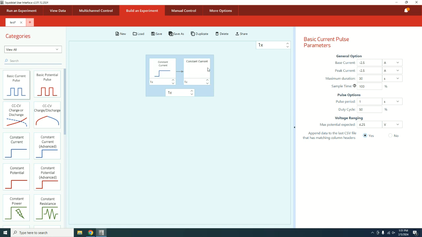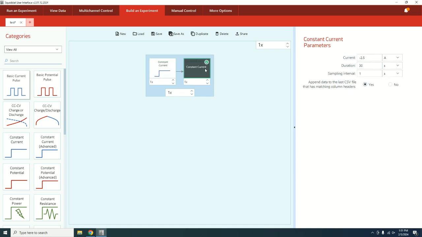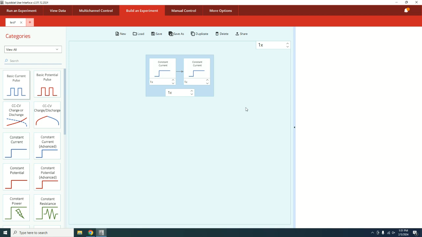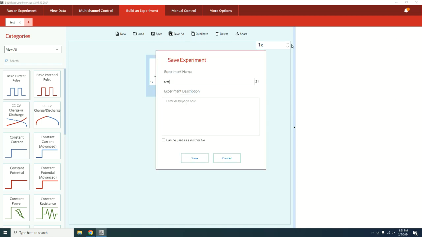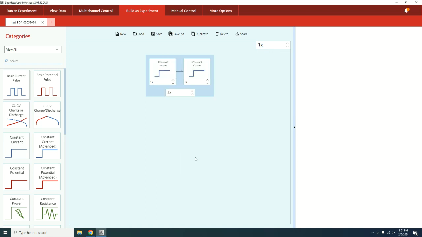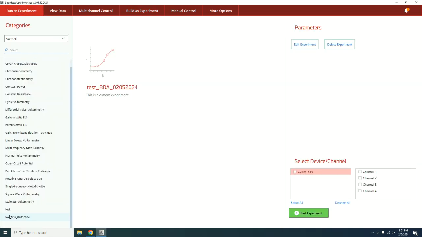And this time, let's look at this one, which has taken the parameters of the other one, but let's charge this at 2.5. And then let's do this twice. And then we can hit save, or save as rather, and we can save this as test battery data lines 01 or 02, 05, 2024. Hit save. Alright, so this will show up on the bottom here, and then we can apply this